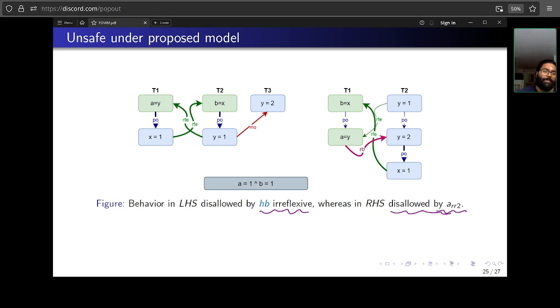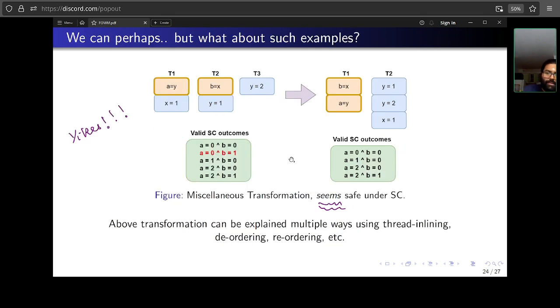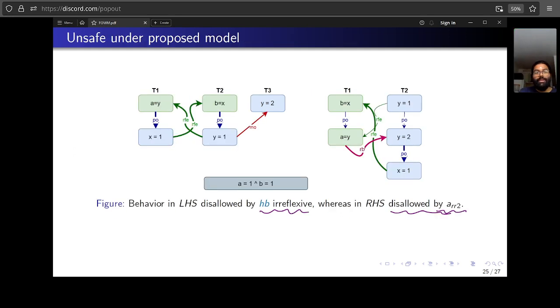And just as a brief recap, the previous transformation like this is kind of bananas, because it's very difficult to explain what exactly happened. It could be different forms of inlining and reordering. But we can establish that it's actually unsafe under the new model with PO.